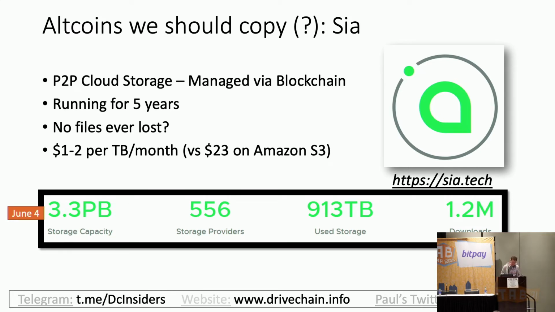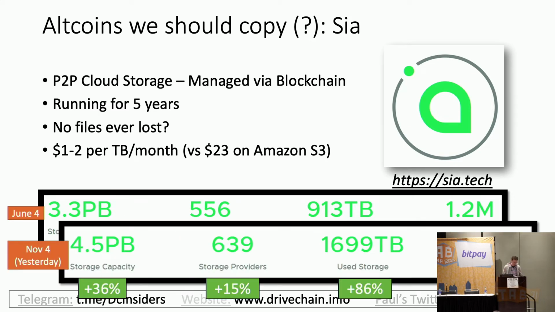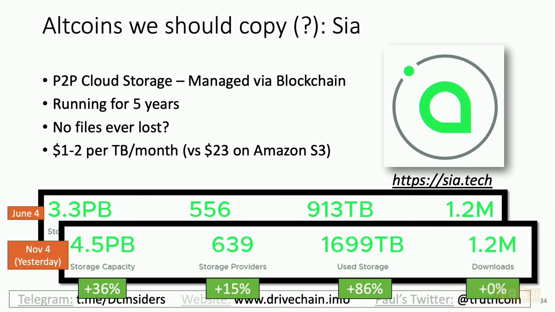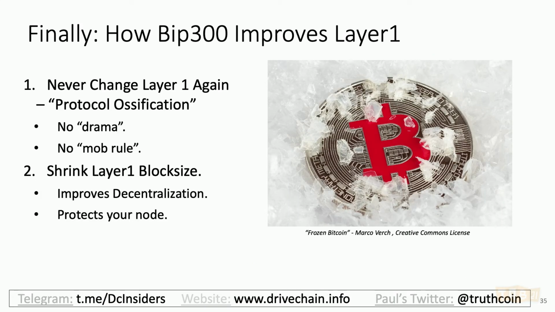Again, I got these numbers from when I gave the talk at Bitcoin 2021 in the summer, and then I looked them up yesterday, and you can see that they're up a lot. But a lot of people don't hear about these projects because, unfortunately, 99% of altcoins are scams and useless projects. So that drowns out the useful projects, but that's too bad. There's yet another thing that would be solved by BIP 300, though, since no scammer would make a BIP 300 sidechain in the first place, since you can't use it to scam. So I will mention that as an added bonus.